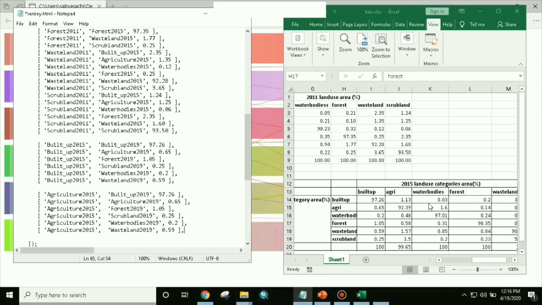So what we will do, agriculture to build up, how much? 113, so 1.13. So here 1.13. After that it is agriculture to agriculture, so it will be 92.39. After that, built up to agriculture to forest. So here what we will do, build up to build up is over, agriculture to agriculture is over. Then agriculture to water body, what we will change this